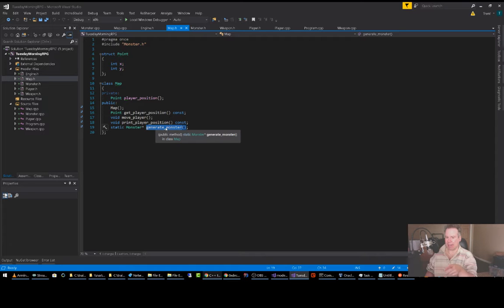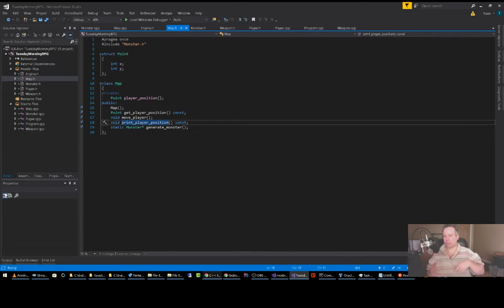And what I mean by that is I think we were trying to have like a dice roll, and if it was like, let's say 1 through 5 out of like a dice roll of 20, if it was 1 through 5, there was no encounter, so the player is safe. But I don't think I'm handling that case, so I think we're gonna have to go into generate monster and have a look. Print player position, that's just simply a helper function that prints out to the console,